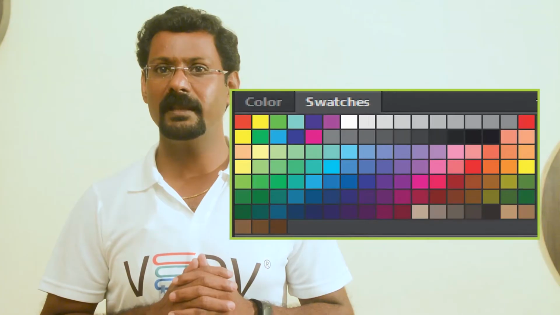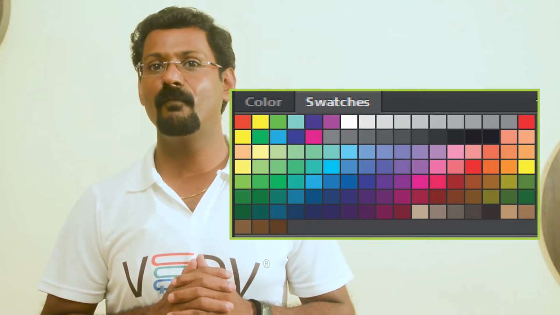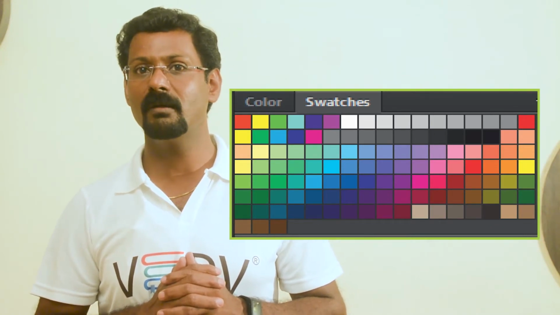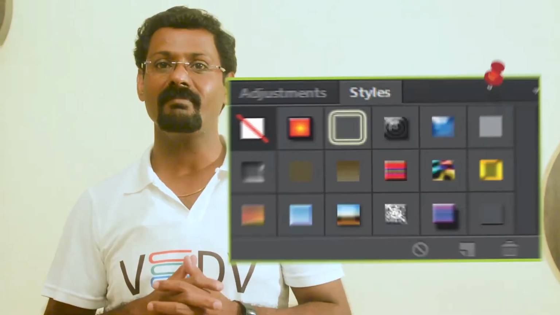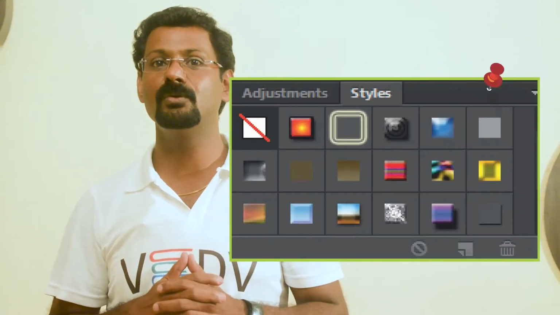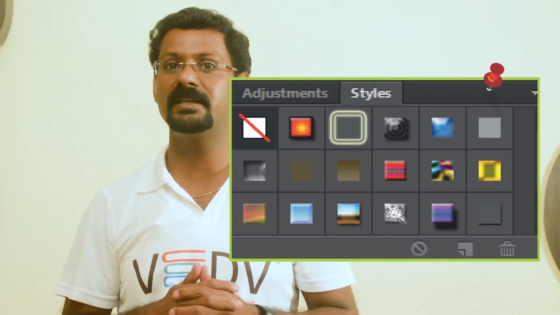In the swatch palette, you can choose a color, foreground color or background color, and add a customized color to your library. The styles palette allows you to view, select and apply preset layer styles. By default, a preset style replaces the current layer style. You can use the styles in the palette or add your own using the create new style icon.